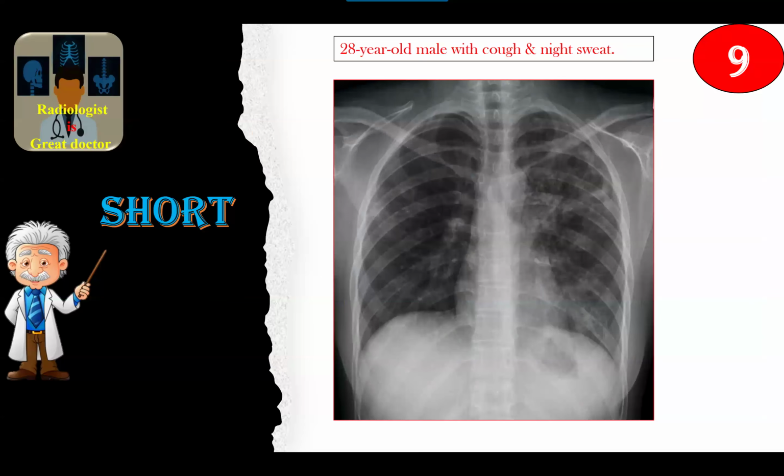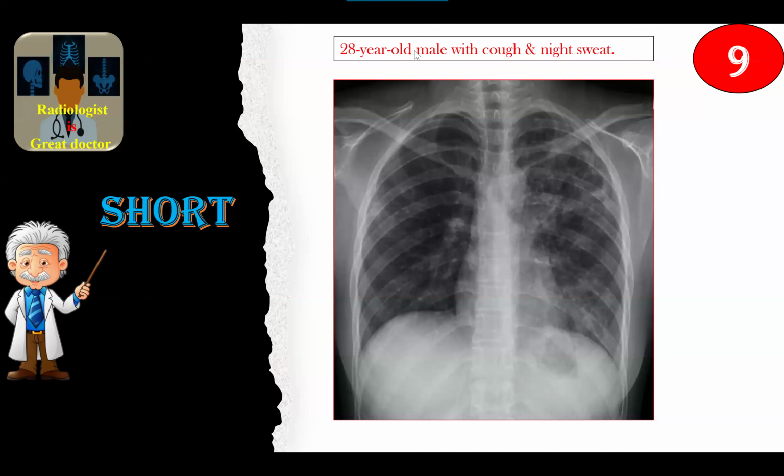Okay, this one. 28 years old with cough and night sweat. First, it's a chest radiograph. Two mandatory points for correction. Frontal chest radiograph shows some areas of reticular opacity and nodularity seen in the left upper lung zone, upper and mid lung zone. There is also a mild upward pull of the left hila, and